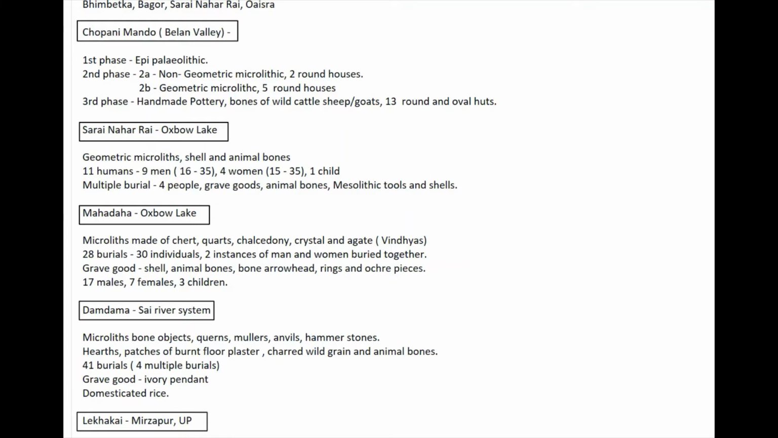Now, three excavated sites, Sarai Nahar Rai, Mahadaha, and Damdama, lie very close to each other. Sarai Nahar Rai is in Pratapgarh district in UP. It is located on the banks of a dried oxbow lake, which marks an old course of the Ganga. Geometric microliths were found here, along with shells and animal bones of bison, rhinoceros, stag, fish,